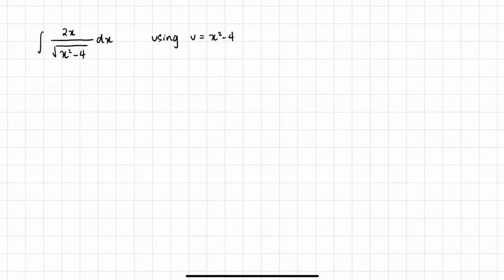Okay, so first thing I'm going to do is actually just differentiate the substitution. So du over dx is equal to just 2x. Okay, and let's multiply dx to the other side. Now if you have a look at the question, you can see that 2x dx is the same as the 2x dx here, right? So I'm going to replace this